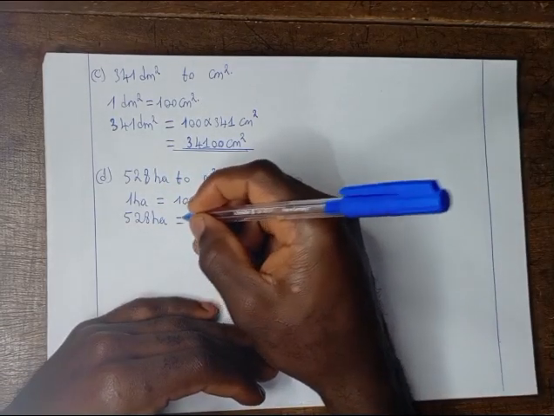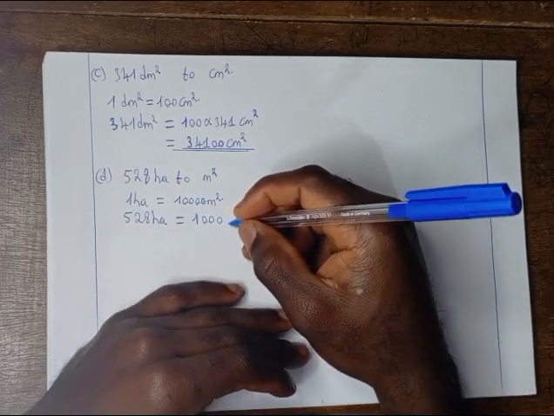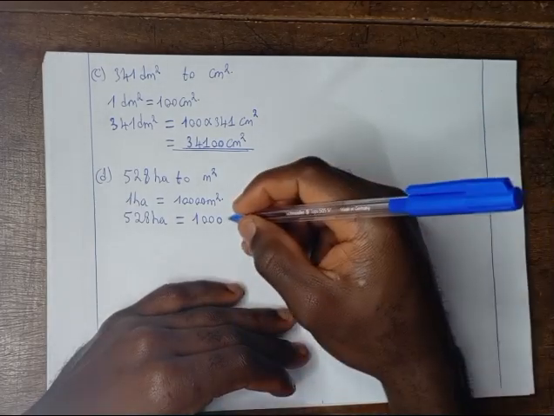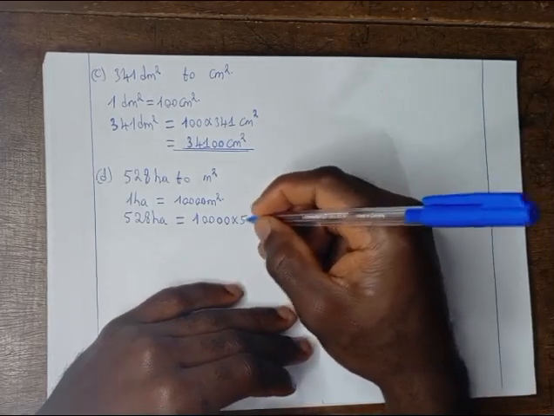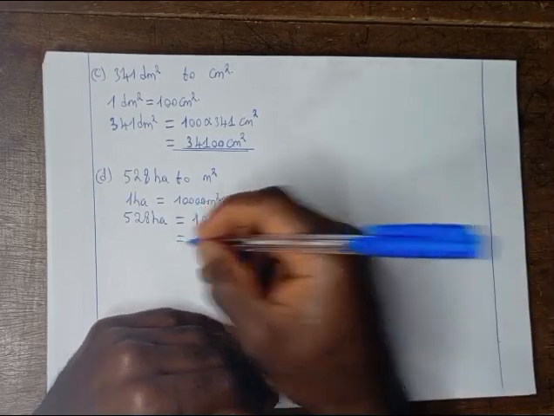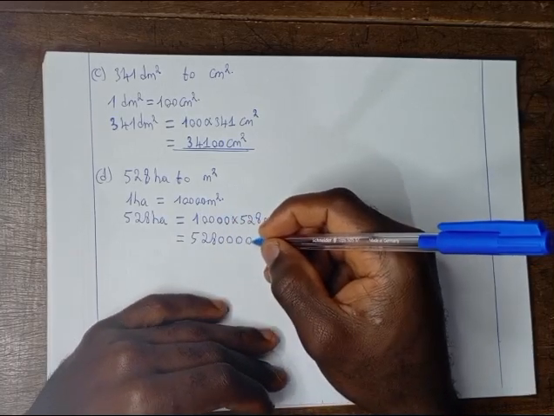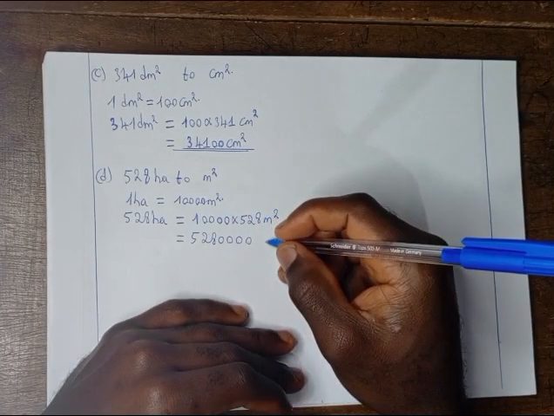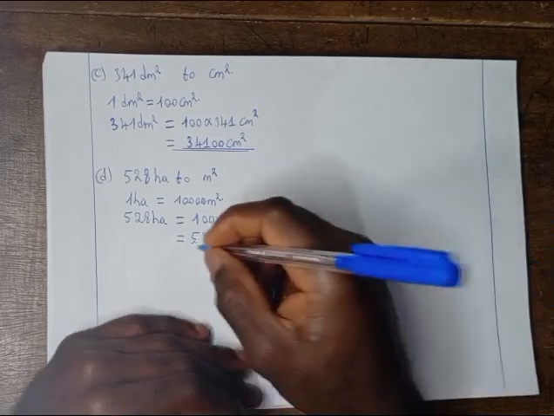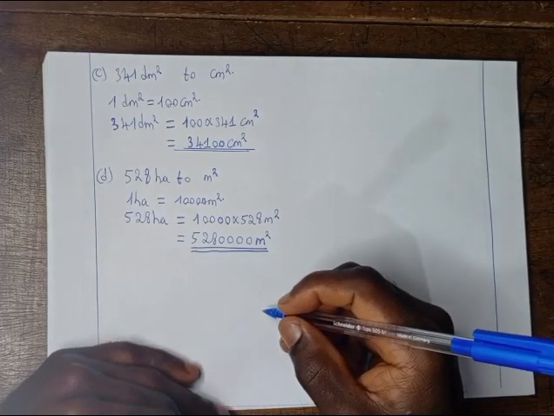So this will simply be equal to, we are going to multiply 528 by 10,000. Then the new unit will be meters squared. This will give us 5,280,000 meters squared. Next, for E,